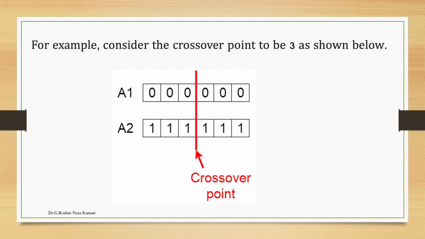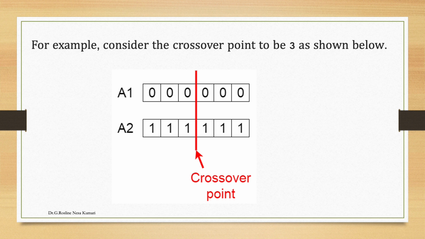Two random points are chosen on the individual chromosomes, that means strings, and the genetic material is exchanged at these points. Uniform crossover means each gene, that means bit, is selected randomly from one of the corresponding genes of the parent chromosomes. Tossing a coin is an example of this technique.